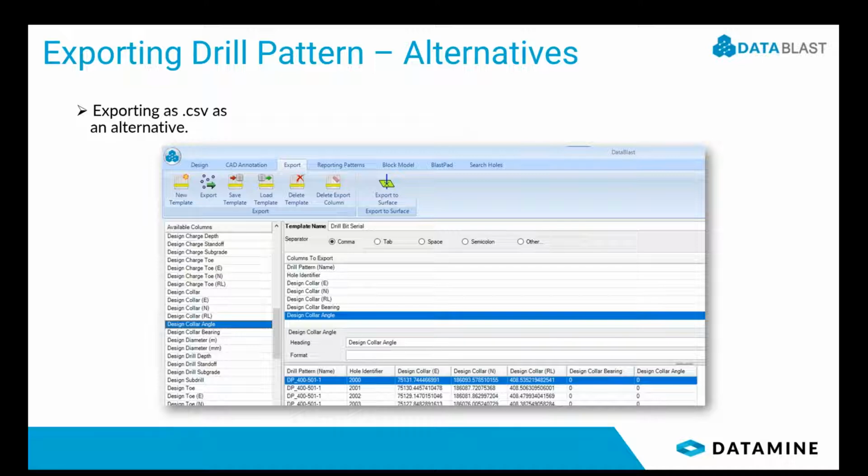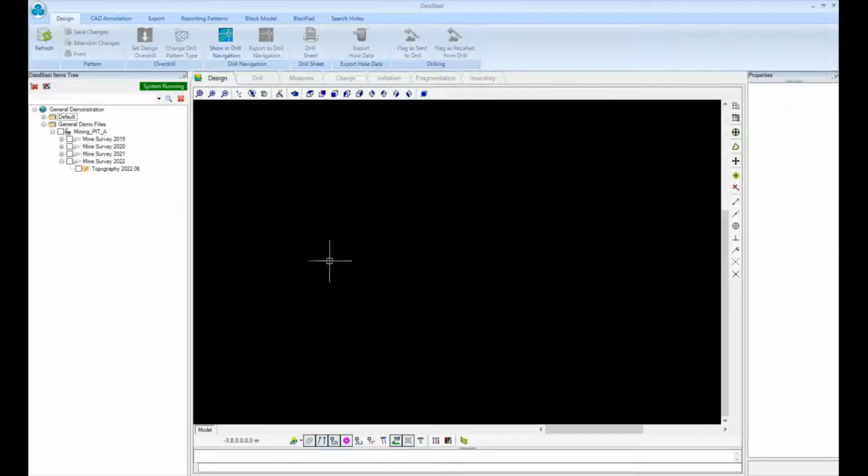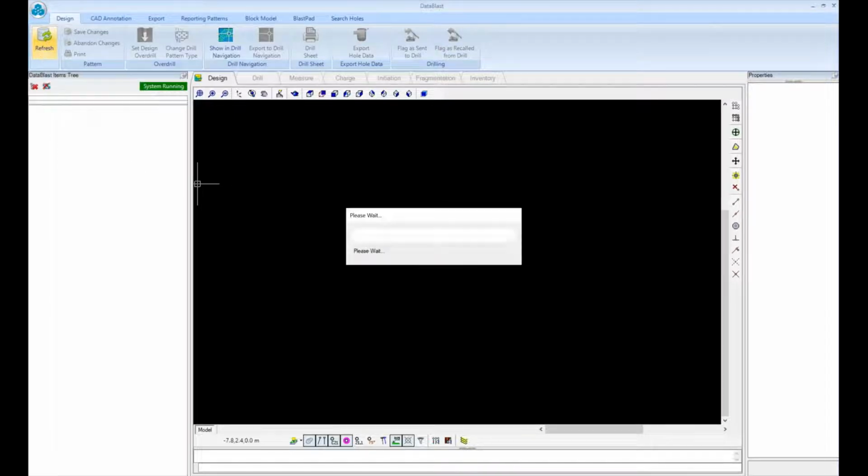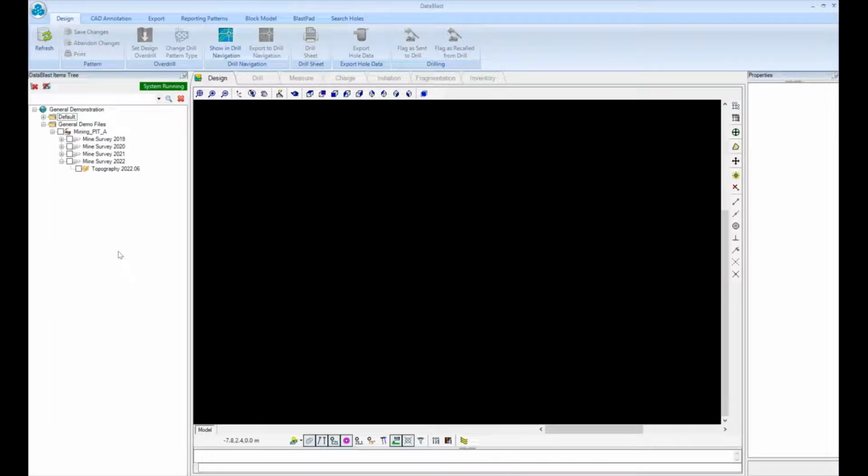Cool, so that's pretty much it for the presentation. Let's move to the DataBlast software. So first thing we want to do is bring our